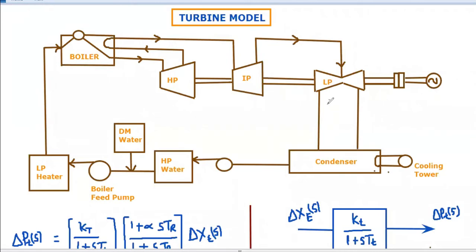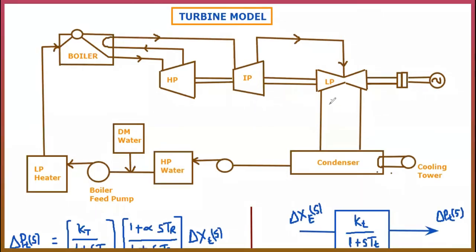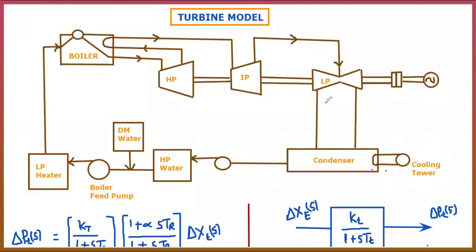Last class we discussed the operation of the speed governing system and its modeling. It is the first major part in controlling active power. Now we are discussing active power control, also called load frequency control, in a power system. The major parts in this activity are the speed governing system and the turbine and generator load model.